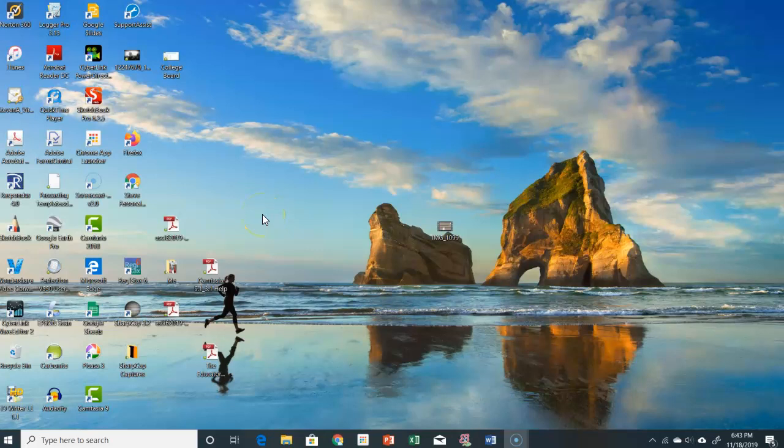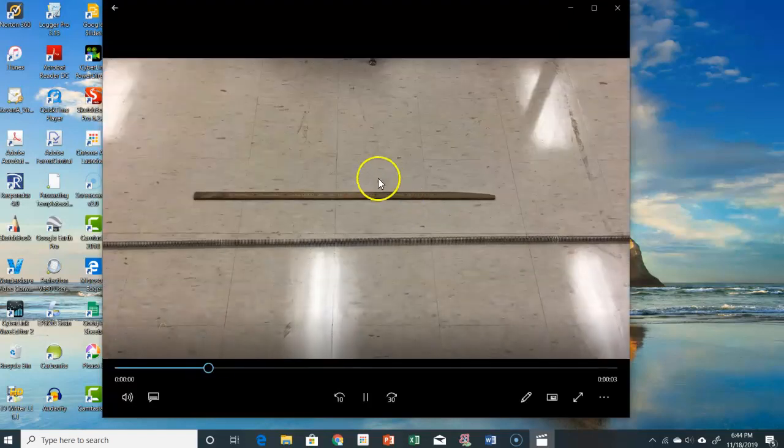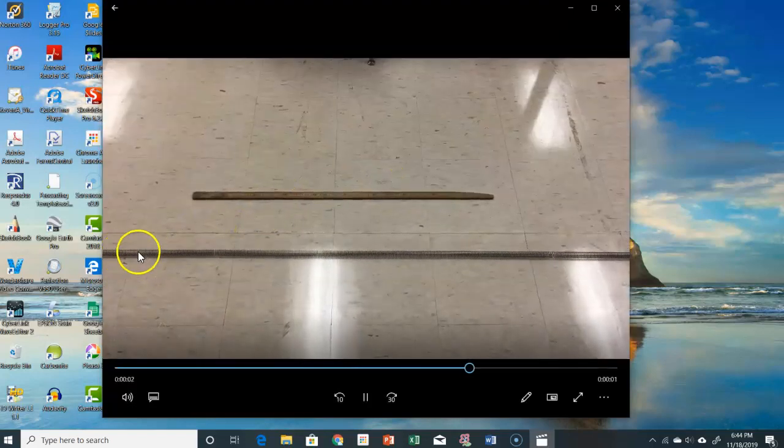Well, welcome back to the Cave of Science, and we're going to look at how to use Logger Pro 3.15 to determine the speed of a wave, and we're also going to look at the amplitude of a wave. So, what we're going to do, probably in the room next door to us, is make a video, and we're going to shoot a video of a wave going along the floor with a meter